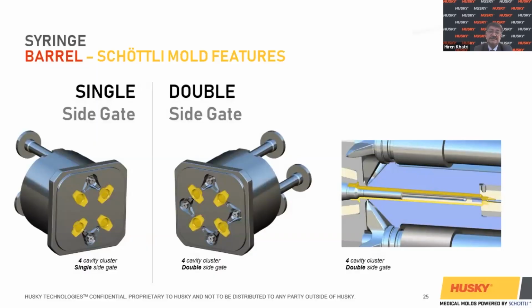Shortly's offerings is decades side gating technology for syringe barrel applications. As you can see, the 4 cavity cluster arrangement allows for single gating as well as double gating possibilities. For a single gating solution, we are using one nozzle feeding 2 cavities at the same time. In case the application requires double gating for thin wall or critical to fill areas like insulin syringes, we are